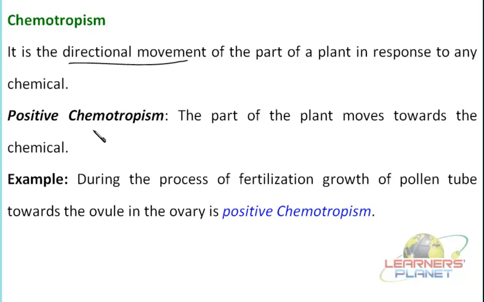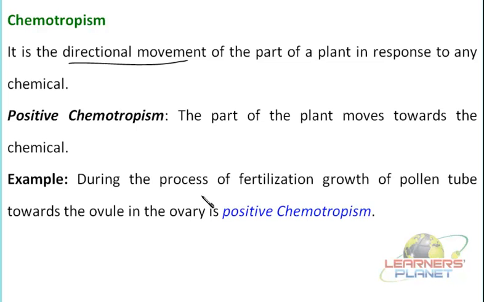Now these plants are actually exposed to various types of chemicals also, isn't it? Artificially many chemicals are being added in the soil in the form of fertilizers or weedicides or whatever, but they are of course exposed to natural or synthetic chemicals all the time. And of course, if there is some stimulus, they will definitely show some response also. So if it is towards the stimulus, it would be known as positive chemotropism. Can you think of some example? Let us just understand the natural process here.